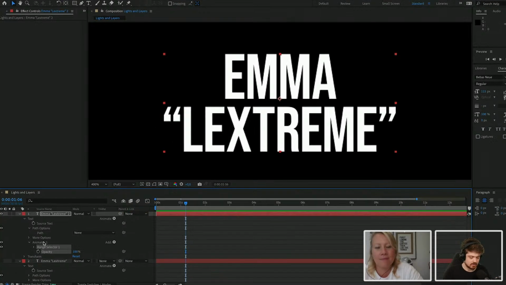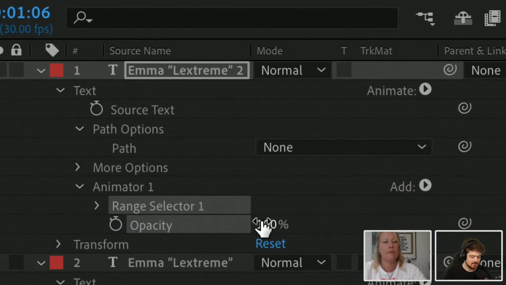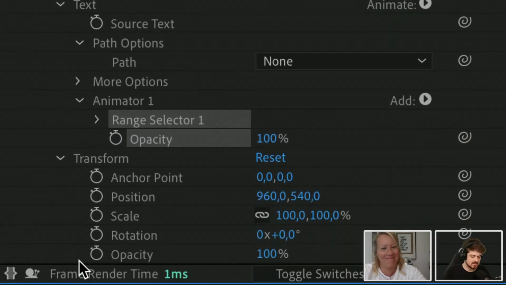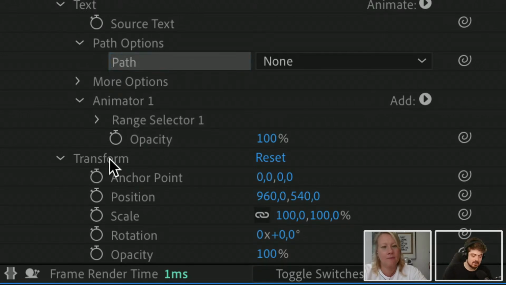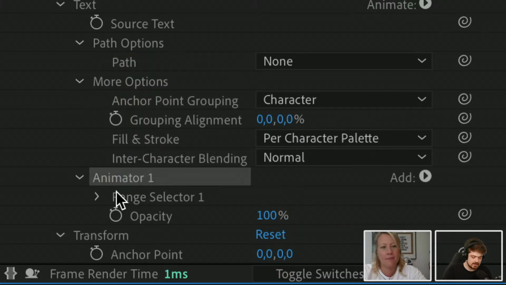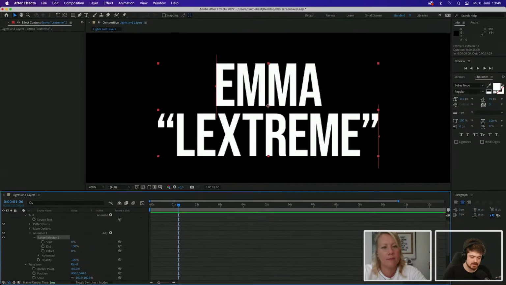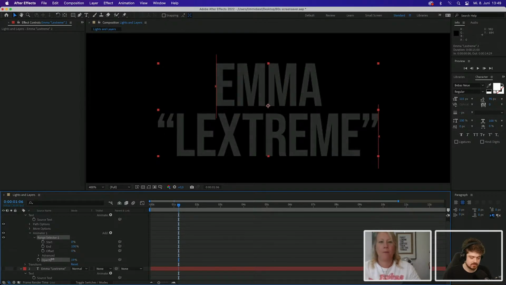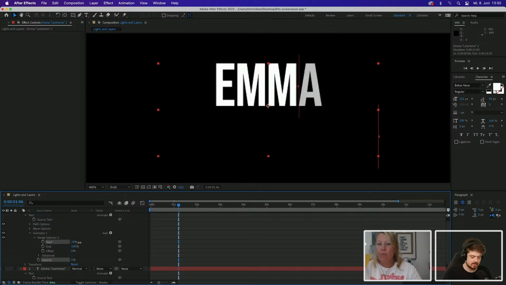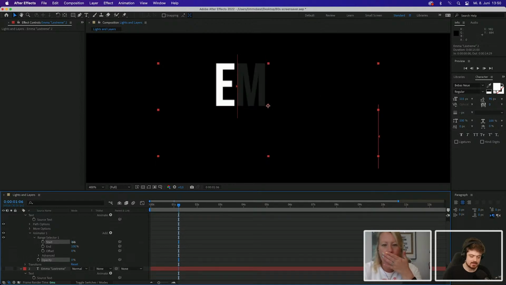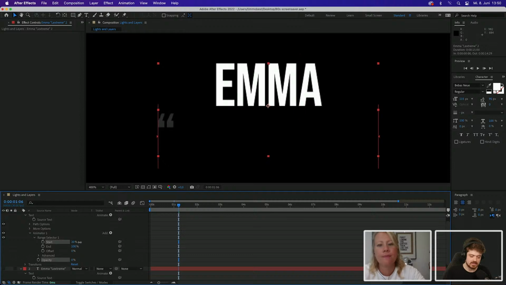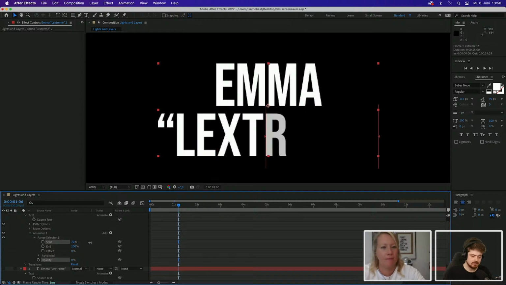Now you're probably asking, why would you animate opacity like this when you could animate opacity as any other sane person would, via the normal transform? Well, because in the animator we have a range selector again. So let's close everything we don't need and see what happens. First of all, I will set the opacity down to 0. And now if I tweak the start, you can see I can reveal the letters one by one,